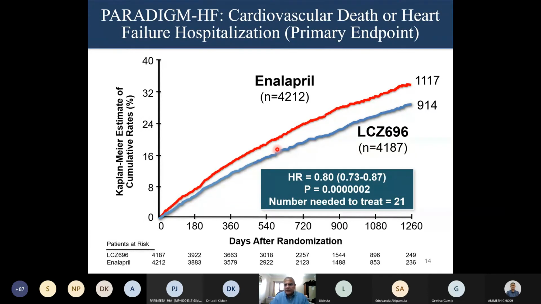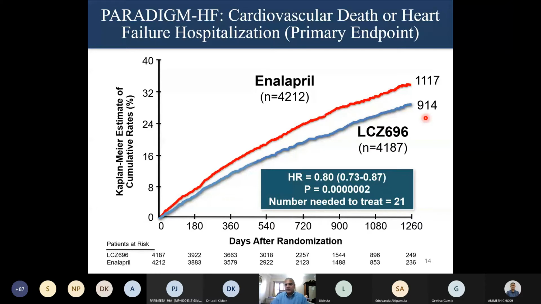This shows the advantage of using the drug-drug combination, that is valsartan and sacubitril, which is another drug molecule. The drug-drug combination of valsartan and sacubitril, which is Entresto, is about 20% superior, because this refers to the mortality rate. So the mortality rate between those who took the single drug, enalapril, is about 20% higher than those